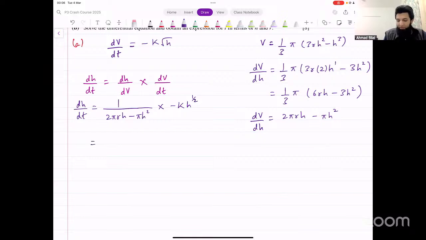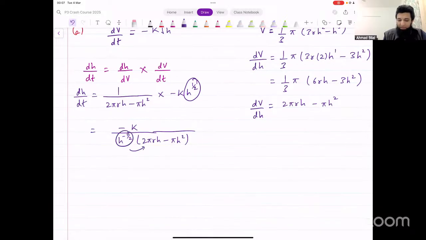If I take that to the denominator, in the numerator I have minus k. In the denominator, I can have h raised to the power minus 1 over 2. So I'm taking this to the denominator. In the numerator it is power 1 over 2. When it goes to the denominator, it becomes power minus 1 over 2, times 2 pi Rh minus pi h squared. Okay, now let's multiply this inside, and that would give us